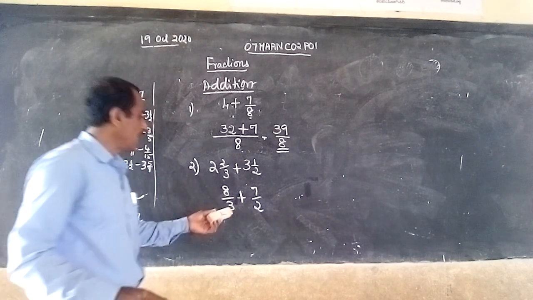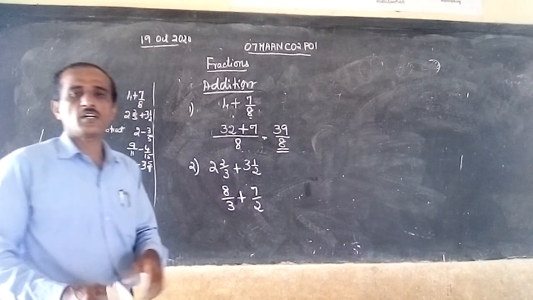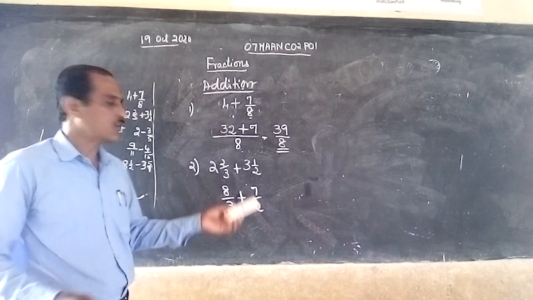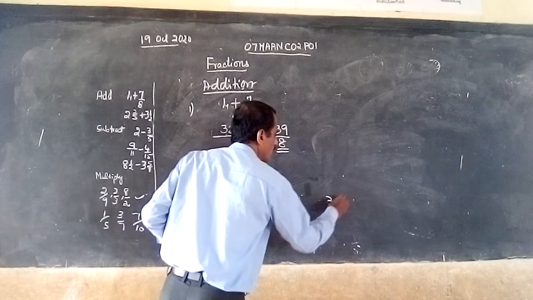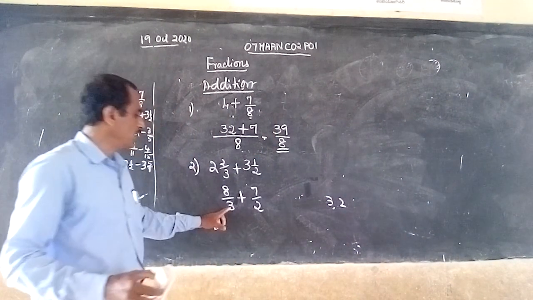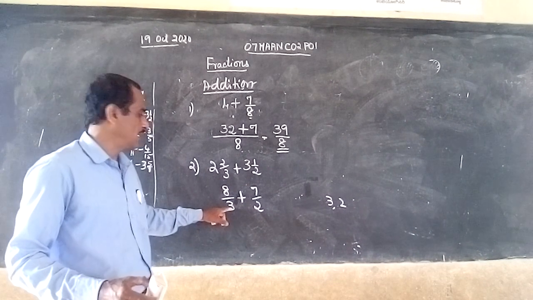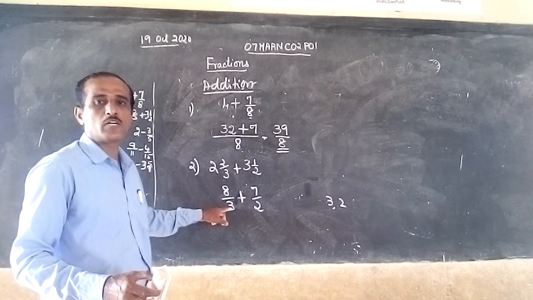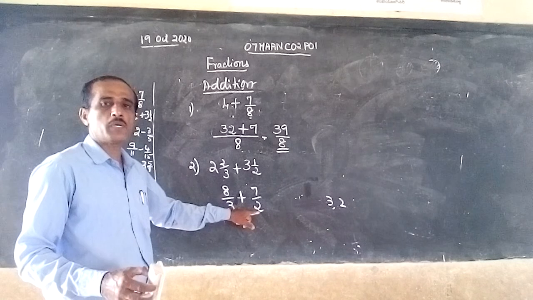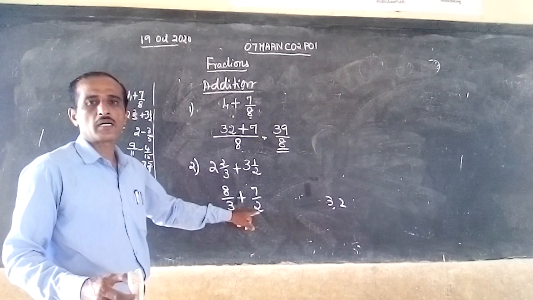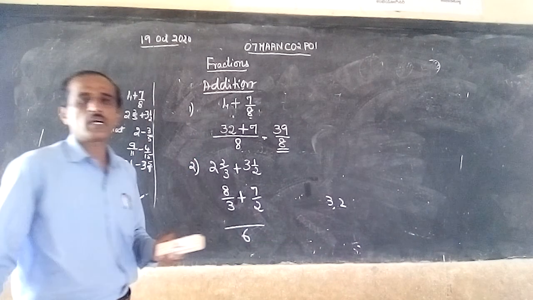Now you can't add like this because the denominators are different. So you have to find the LCM of the denominators. What is the LCM of 3 and 2? Here, 2 is not divisible by 3, the greater number, can't. Go for the next multiple of 3. The next multiple of 3 is 6. 3 2s are 6. Can you divide this 6 completely by 2? Yes, we can divide completely by 2. Therefore 6 is the LCM of 3 and 2.